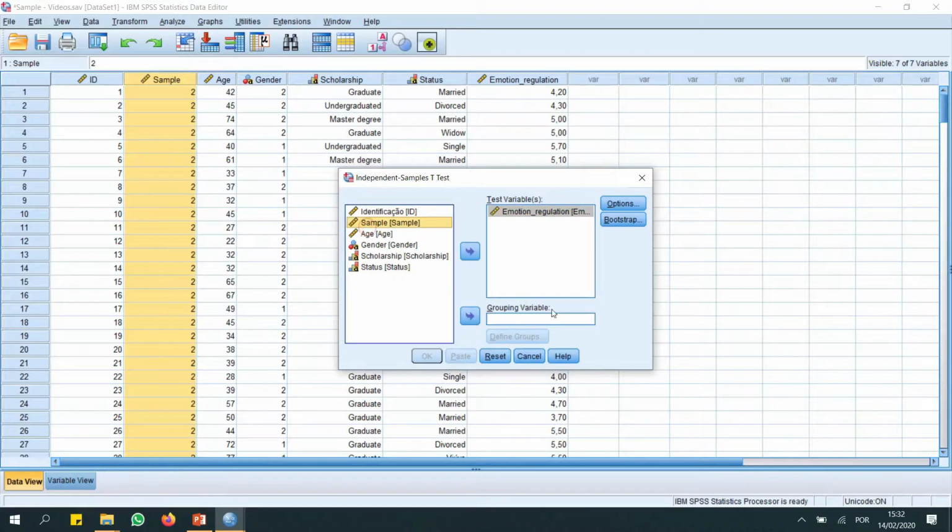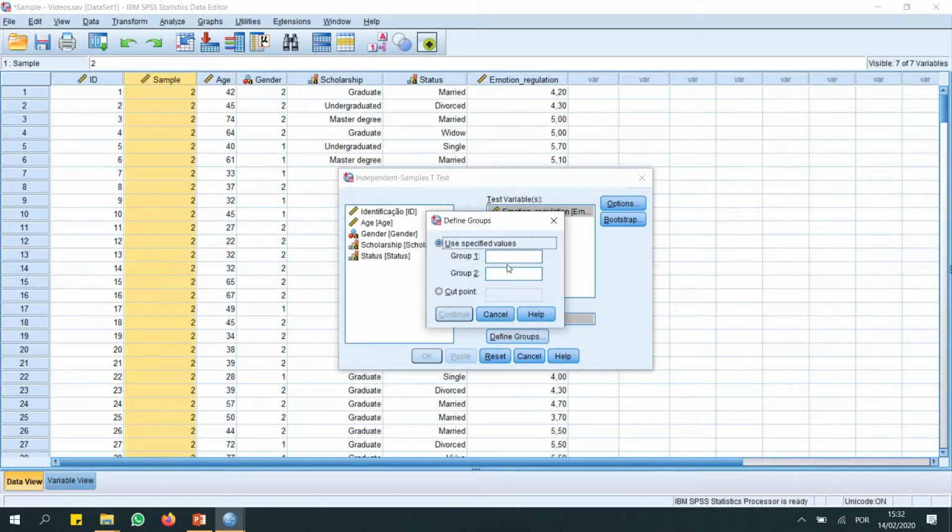And we will choose here in the grouping variable sample. Now we must define groups, okay? We press here and then as you saw, our variable is defined in group 1 and group 2, so we can just enter group 1 and group 2. We will not use a cut point, okay?